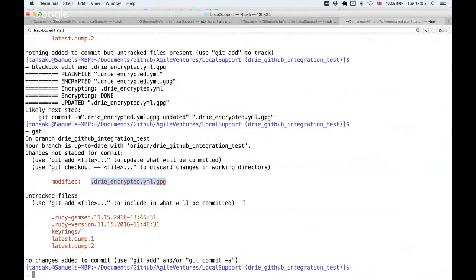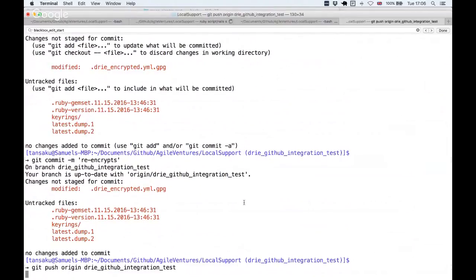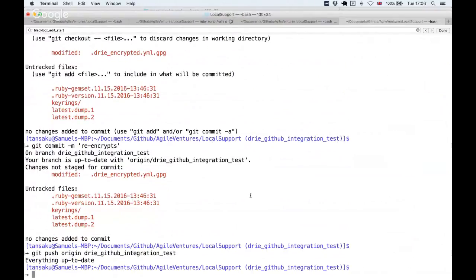Yeah. So what I could do there is I could do commit -m. So this is re-encrypts. And then I could do git push origin dree GitHub integration test. And we will wait a sec. No, that's interesting. No, everything up to date. No, I think